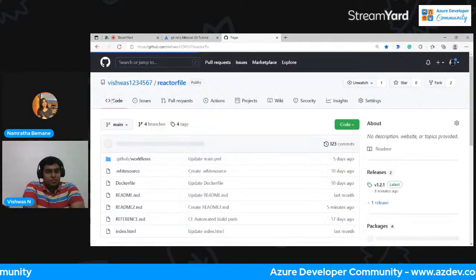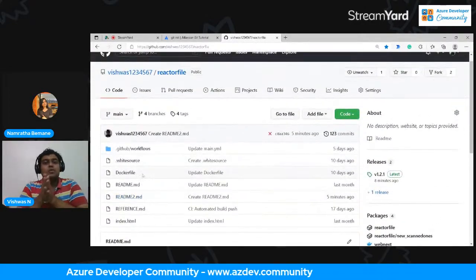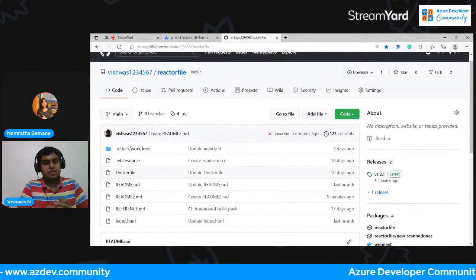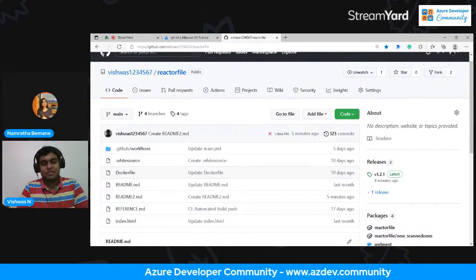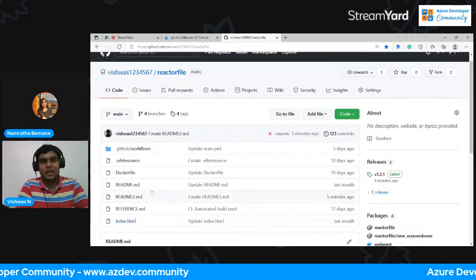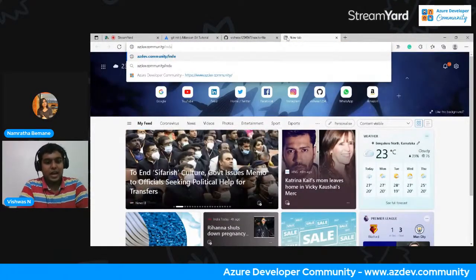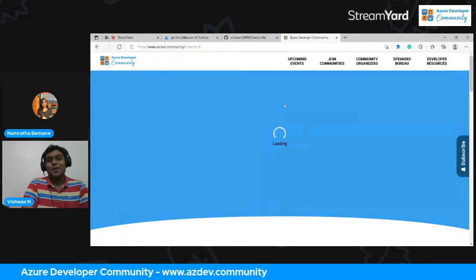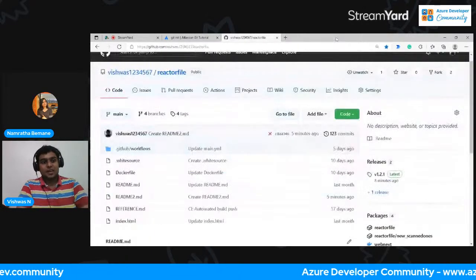Since this was a web thing, there is an index.html and a structure like that. If you know how Firebase works, Firebase can also be deployed like this. Every web project has its index.html, index.js, index.css, but all the web-based applications look back at the index.html itself. If you go to azdev.community and add index.html, it goes back to this website only. It's always that index.html, which is like a golden standard for everything.